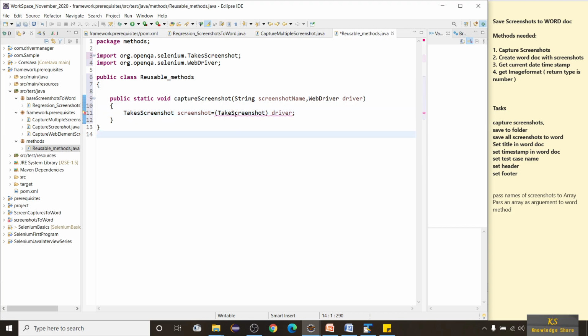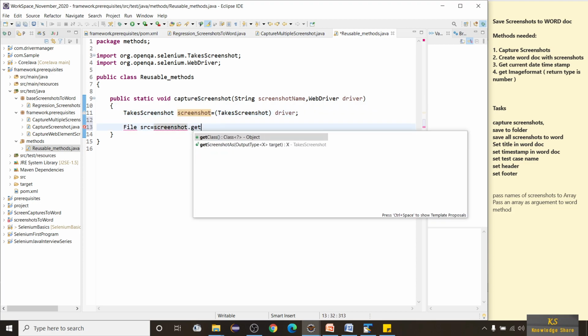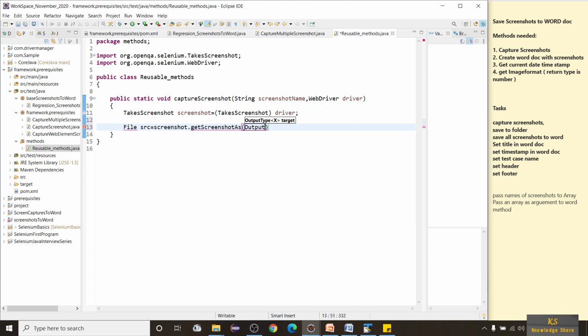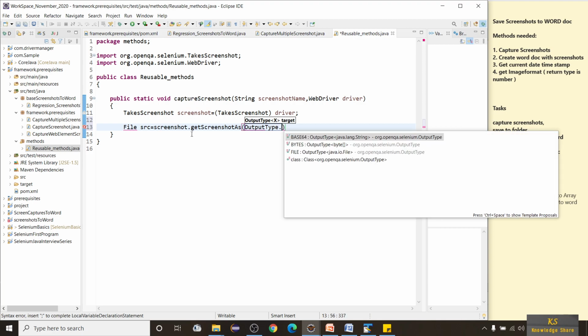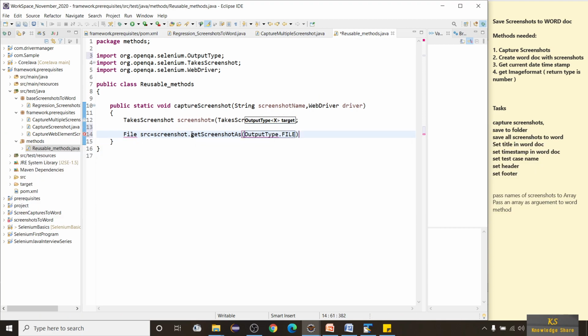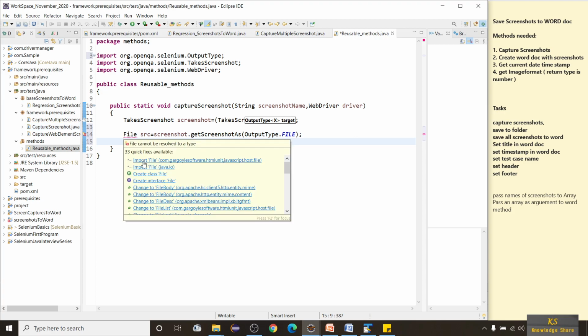And okay, one S is missing here. Okay, so as usual, as we have done earlier, we are going to take a source file is equal to our screenshot instance dot get screenshot as output type dot file. Okay, so import this file.